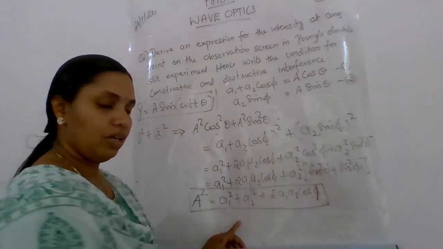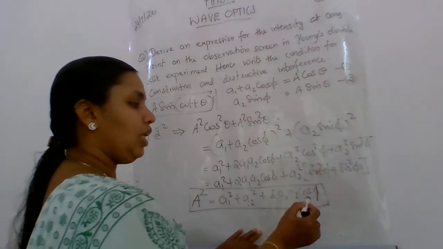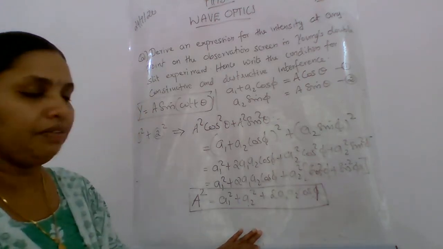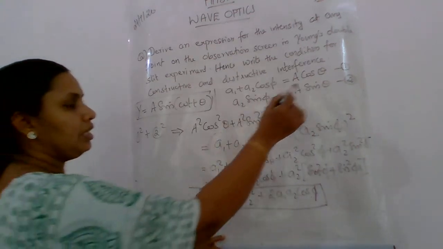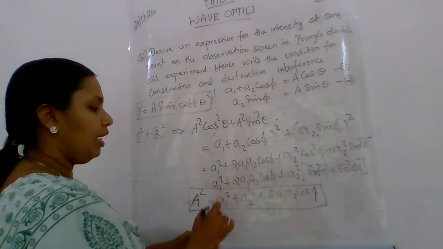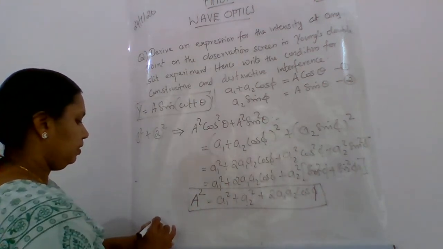A1 and A2 are constant, that is the amplitude of the wave, it is not changing. So there may be a change in cos phi. Accordingly, the amplitude of the resultant wave changes. Okay. So next you write down this as equation 1 and equation 2. Squaring and adding equation 1 and 2, we will get this, which is the